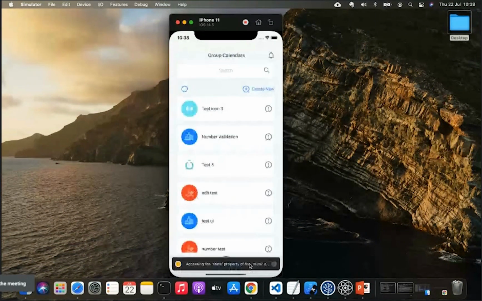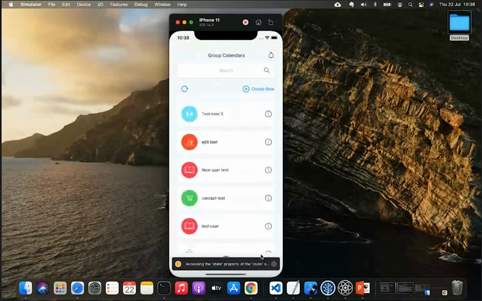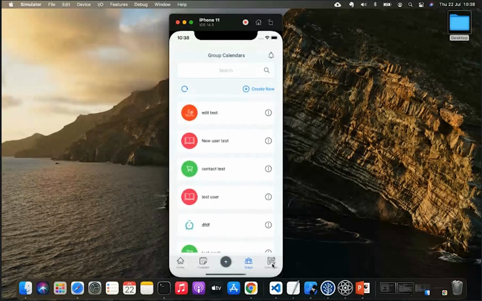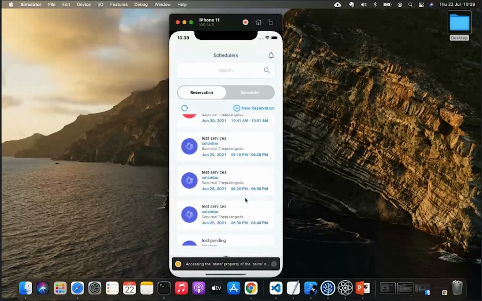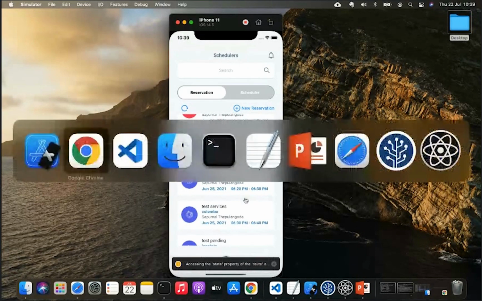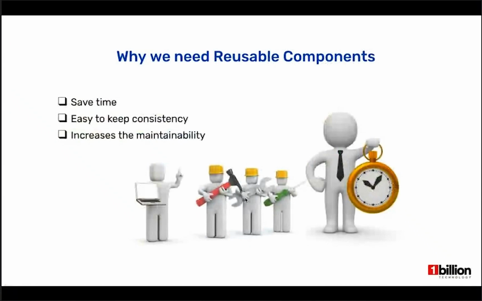For this card component you can also change the color coordination or padding, whatever you want, and it will automatically affect the other components as well. I think this will be a huge advantage when we think about the maintainability of your application.